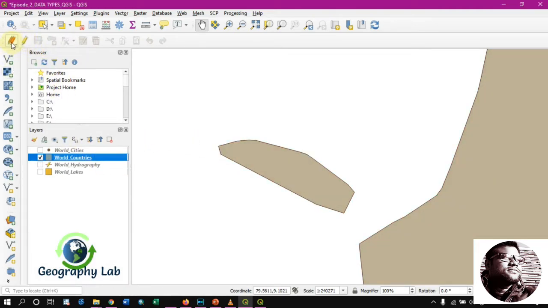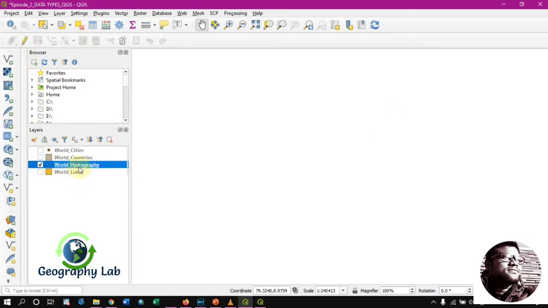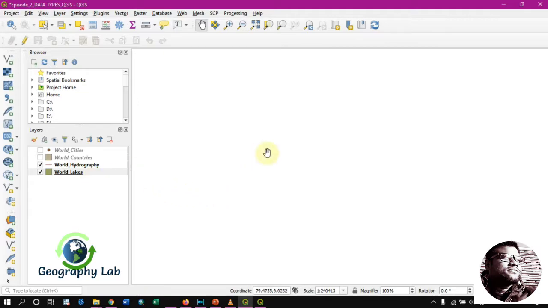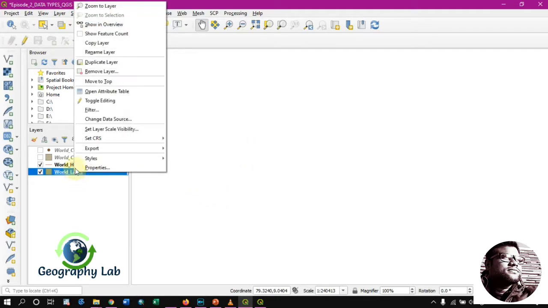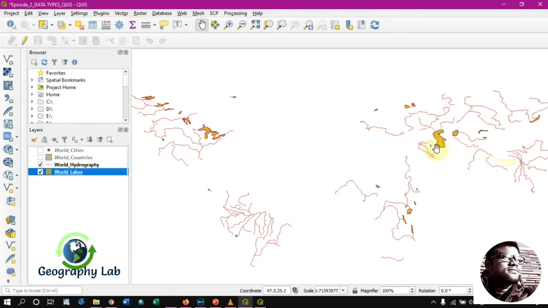Another example is the World Lake. If you miss the features in the display, then you have to right click here and choose the fit to window option or the zoom to layer option, and it will automatically zoom to all these things.